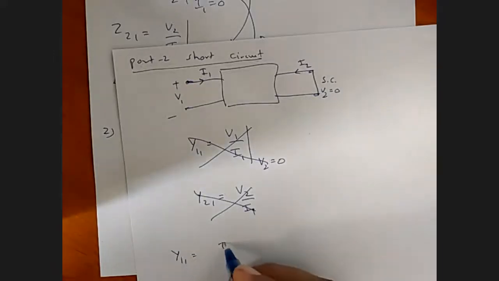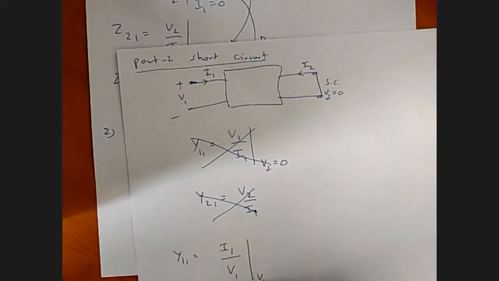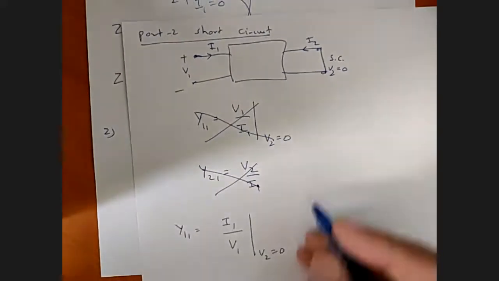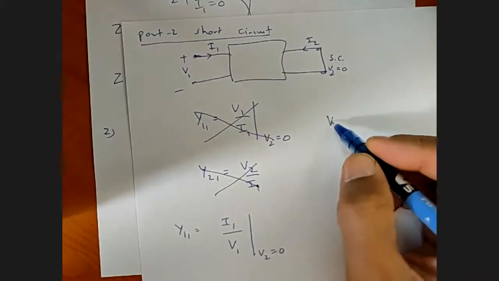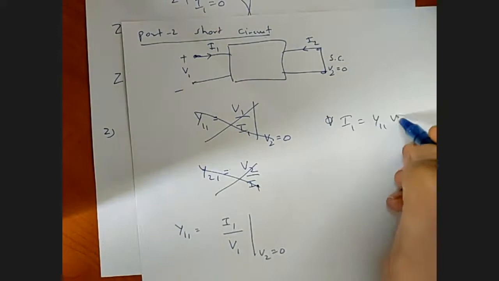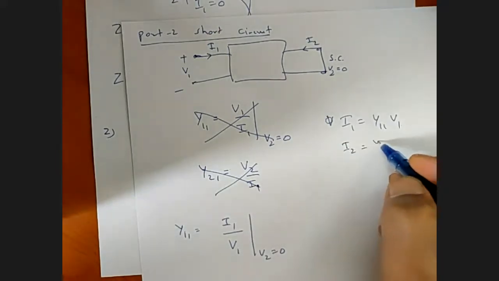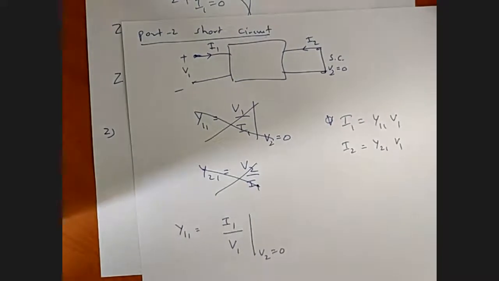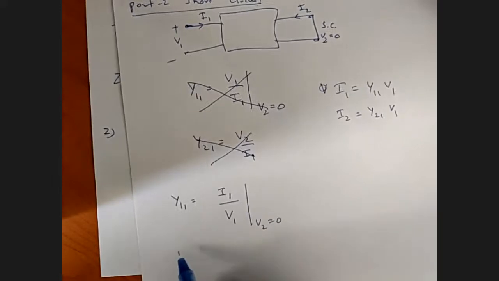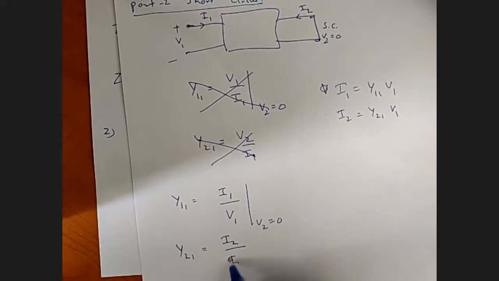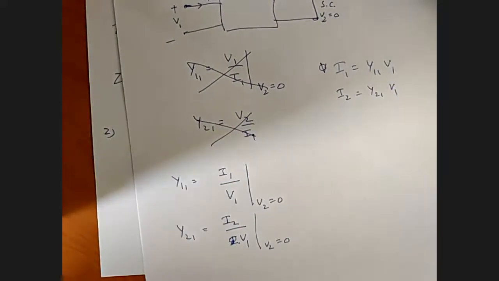Y11 is I1 upon V1 when V2 is 0, because when you make V2 equal to 0, your equation will become I1 equal to Y11 V1 and I2 equal to Y21 V1. So Y11 is I1 upon V1 when V2 is 0, and Y21 will be I2 upon V1 when V2 equal to 0. Similarly, when I make port 2